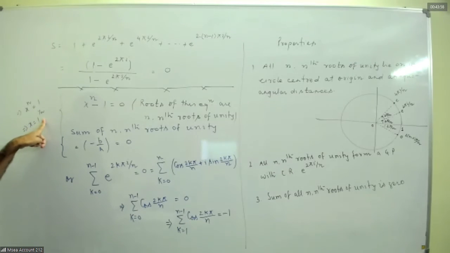In the complex plane, if n is even, you can say there are plus minus 1 as reals. If n is odd, there is only one real. If n is even, then there are two reals, 1 and minus 1. The others will be complex. But in the real plane, there can be one real root or two real roots, 1 and minus 1, depending on n. But in the complex plane, how many roots are there of this? How many values are there of 1 to the power 1 by n? n values.